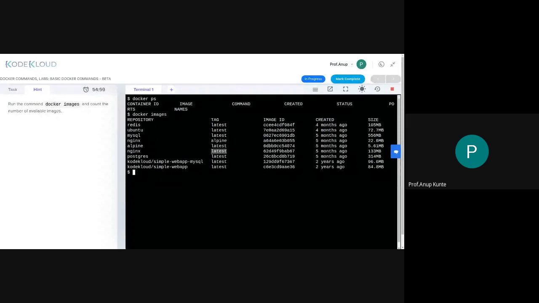So the latest tag is where the most recent updated image is stored. Okay, so Alpine is some tag maybe before the latest tag is put on. Okay, these image IDs are also useful in referring to a particular image if we do not know the name of the repository. So either we can refer to a repository as repository name / tag, or we can name it using the image ID.